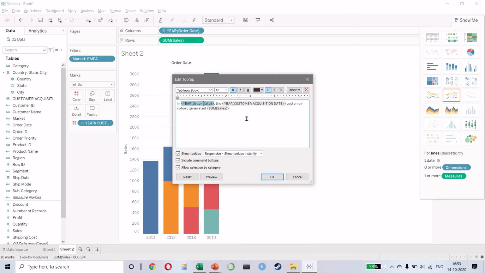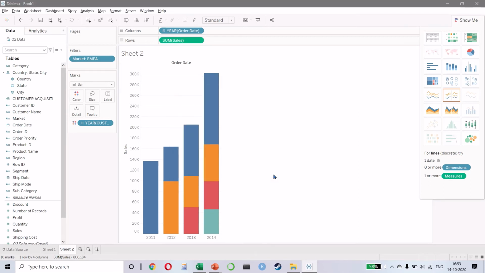So just think about what will happen. It will tell me the year, it will tell me the year of the customer cohort, and it will tell me the sales value. Let's see how it looks.